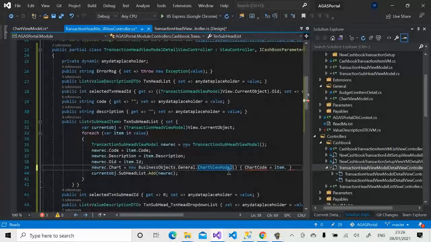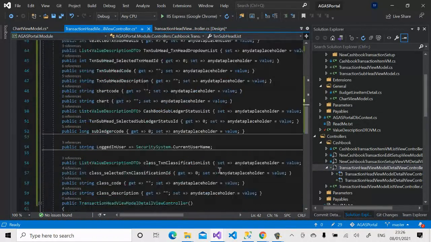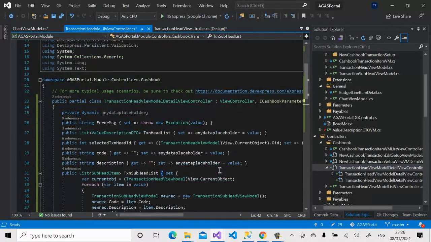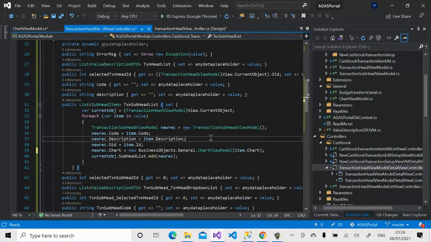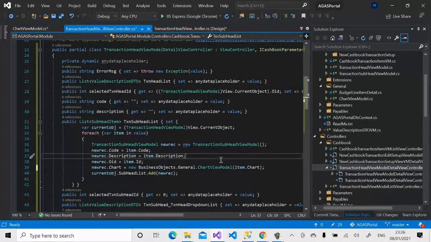So here, there's no need to set any property again. I will just take the item and pass in the chart. So we have the chart and everything is in place. For now, this will display the records. So